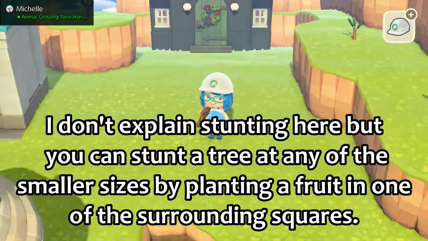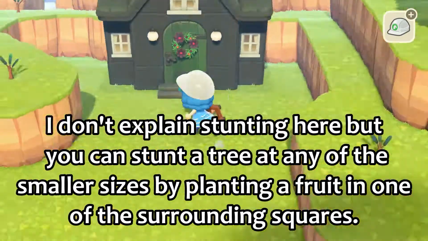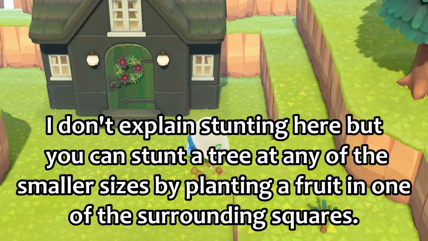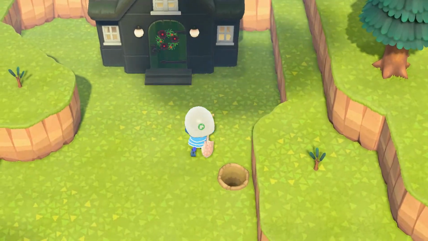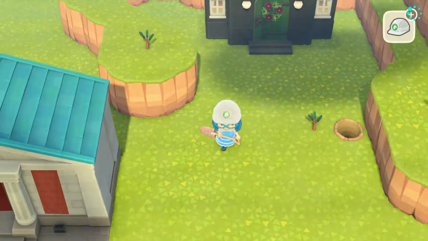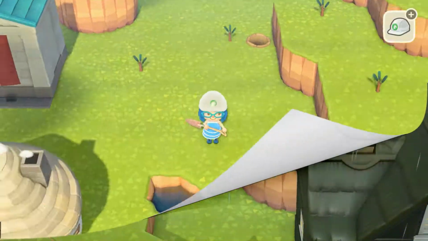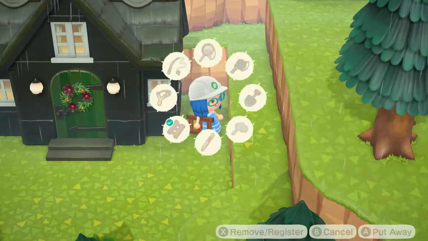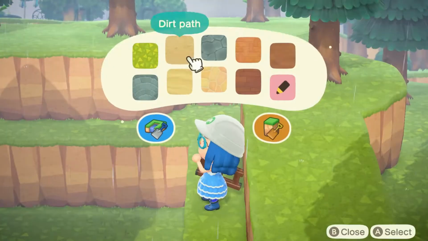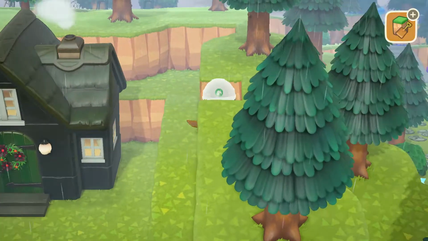I like the varied look, so I really like to stunt the trees at different sizes to make it look more like a natural forest. So here I was just planting. I kept digging in the wrong spot. Planting trees, and I was like, okay, this seems good. So I went ahead a few different days, and I stunted quite a few of the trees already, and then